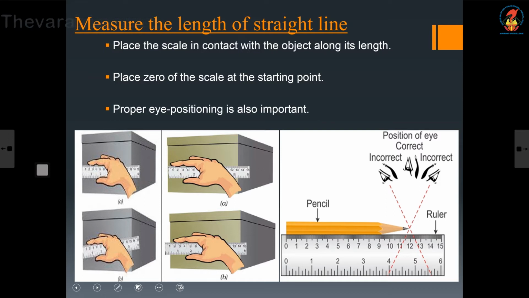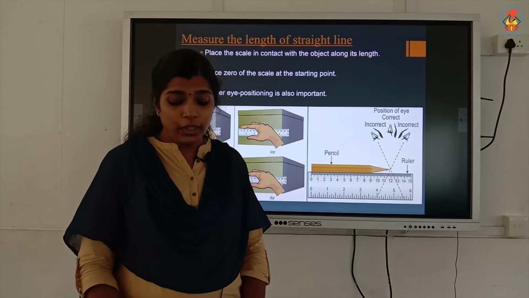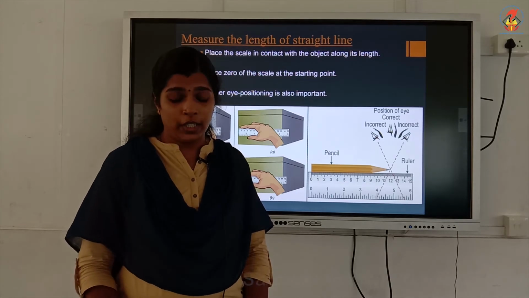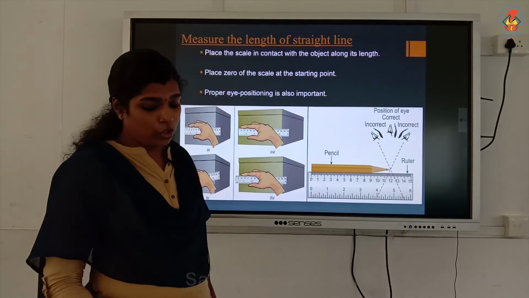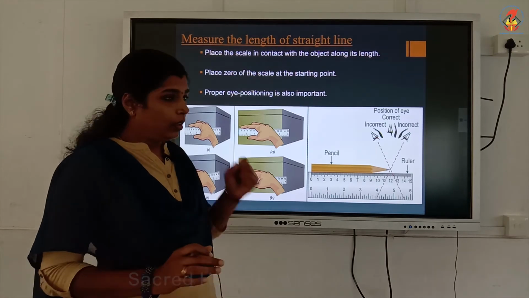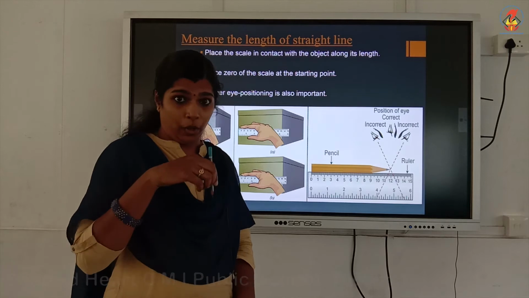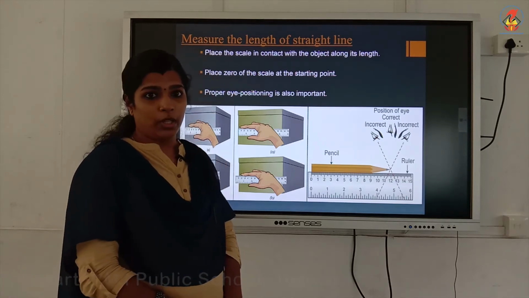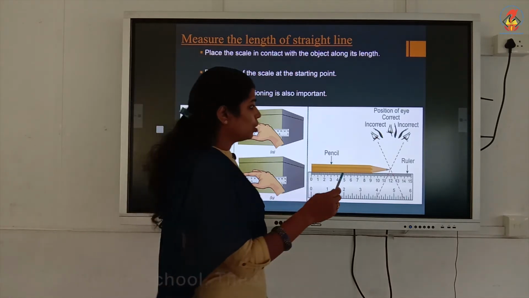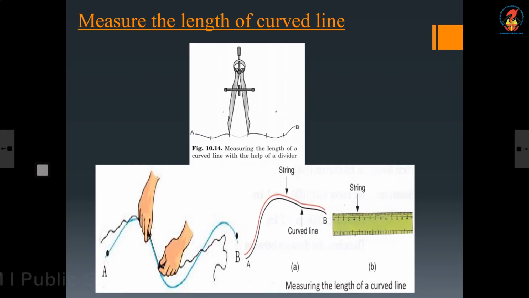Now, it is almost 12. So, when you look, you should look directly. You should look directly means keep your eye vertically above the point where the measurement is to be taken. Keep your eye vertically above that point where the measurement is to be taken. So, vertically above means